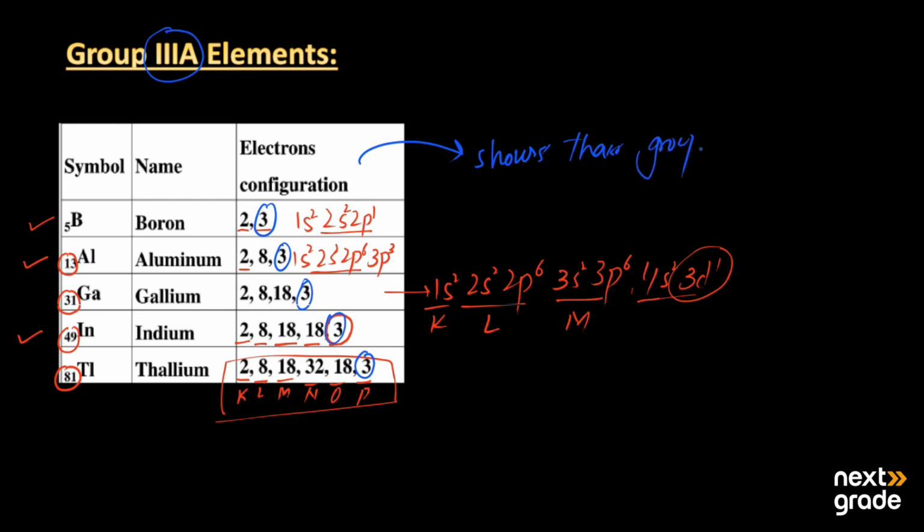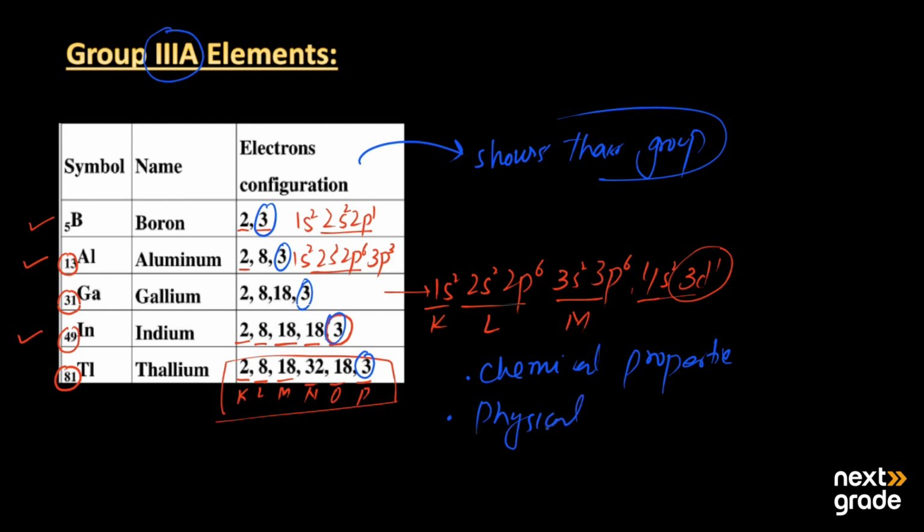So we can identify the group number of any element from its electronic configuration easily, and it is also related to their different properties. Like we can say that it is related to their chemical properties, as well as their physical properties. So this is very important to know about the electronic configuration of any element, as we are just having their